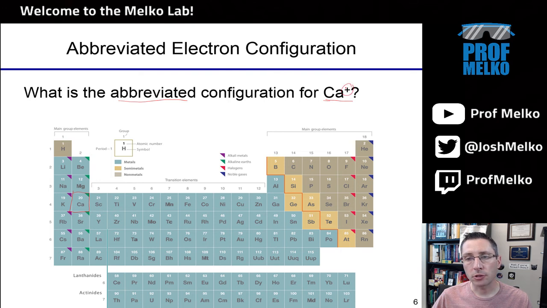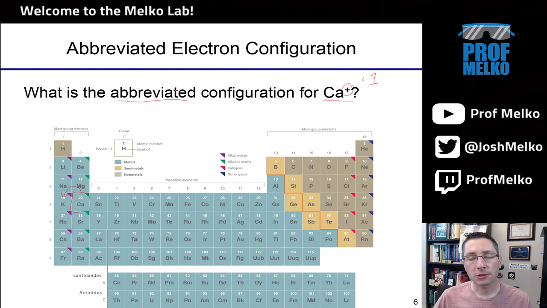What does this charge do? Here's calcium, okay? This positive charge here essentially is a +1. We don't write the 1. If it was +2, we would write a 2, but if it's just +1, we just write plus, no 1. So this plus here means it's a +1 charge. That means I've removed 1 electron, okay? When you remove electrons, you go back 1 in the periodic table.